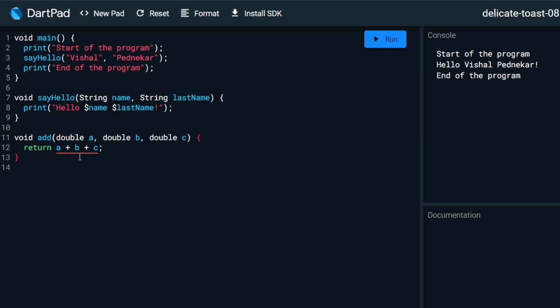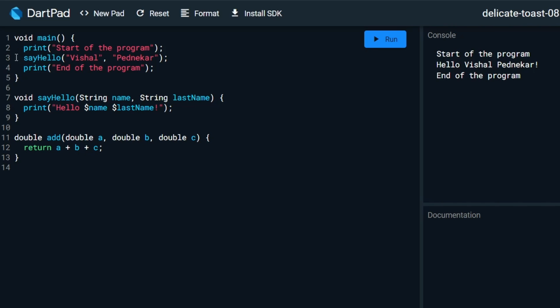To return a value from the function, we use the return statement. It is showing me an error over here. That's because the data type I have defined here is void. That means the function should technically return nothing, but in this case we are returning a double data type. That's because addition of all three doubles is also going to be a double. So instead of void, I just need to change it to double.